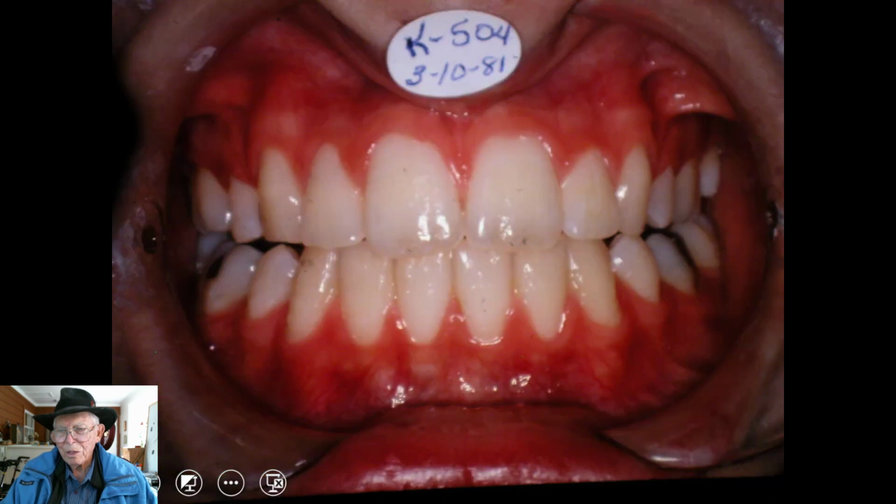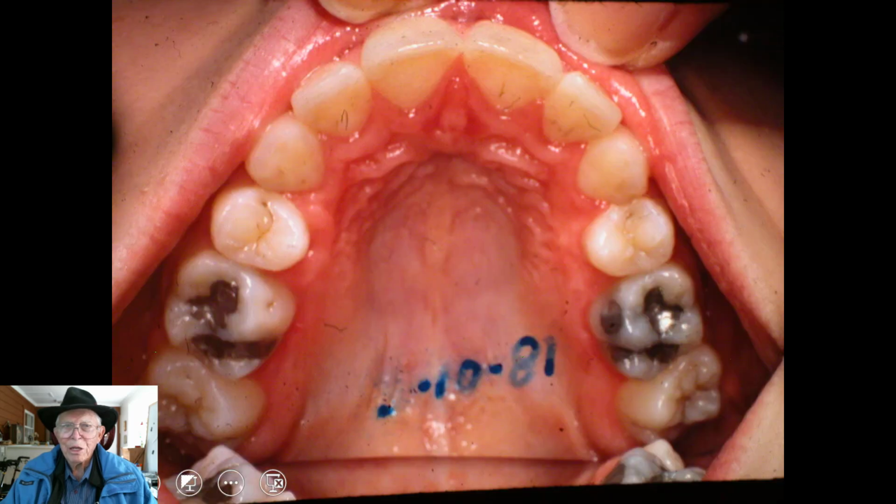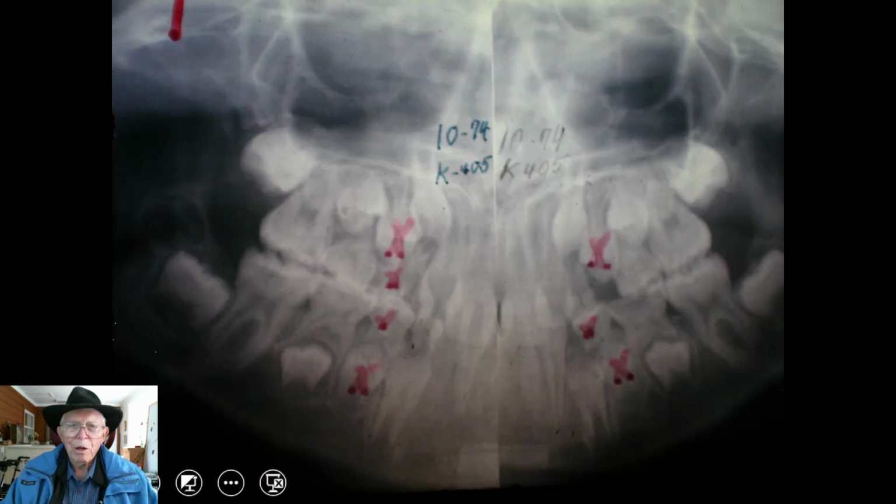All right, this is 1981. The midline is still off a little. The teeth fit underneath there good. It's 1981, and I'm going to show you the x-rays here in a minute. All right, here she is in 1974